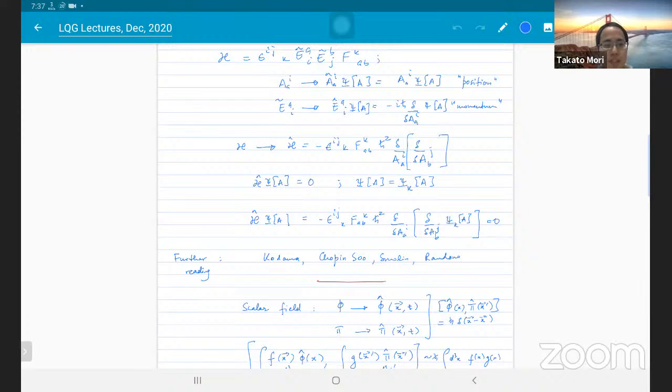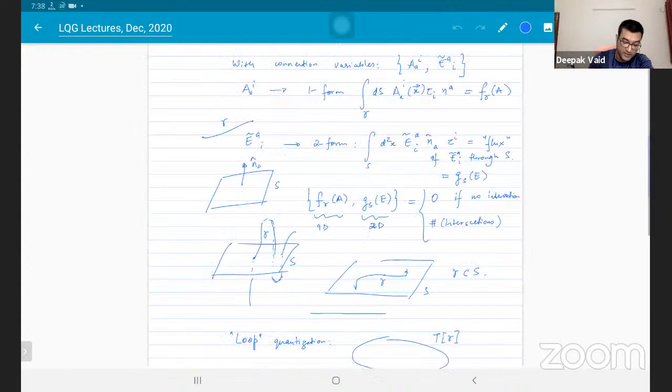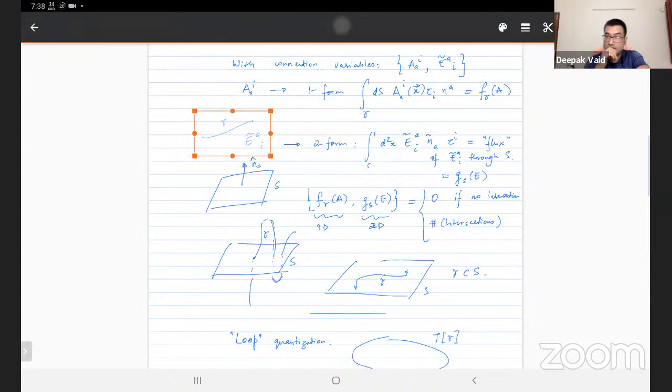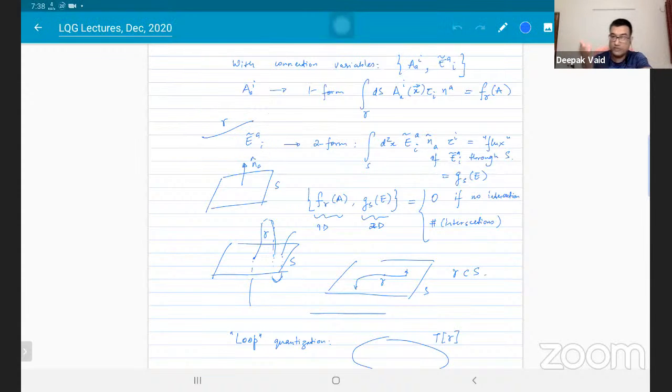Why is loop quantization needed rather than Wilson lines? We are working with Wilson lines only, right? Does it mean we deal with Wilson loops rather than Wilson lines? Well, we deal with Wilson lines and Wilson loops. Those are the basic objects, because if you want to define a gauge invariant state, then you have to use something like a Wilson loop, right?